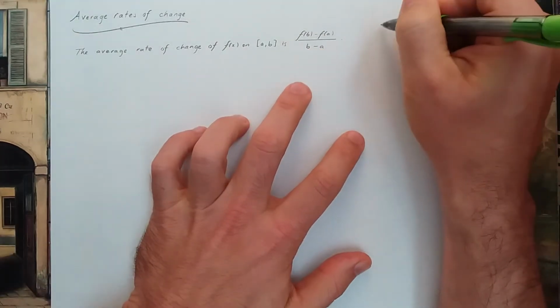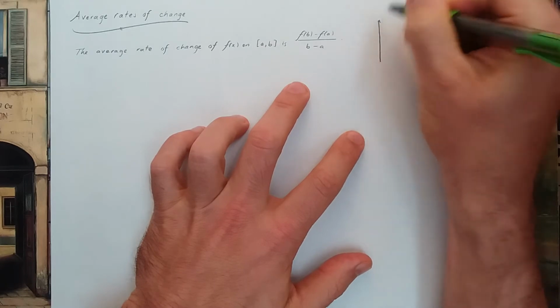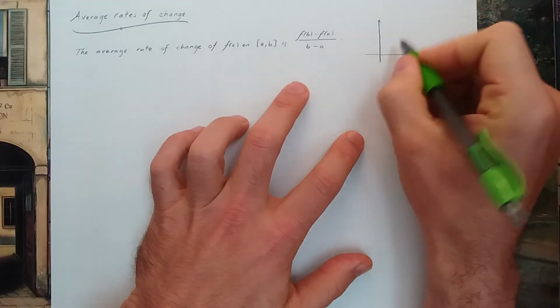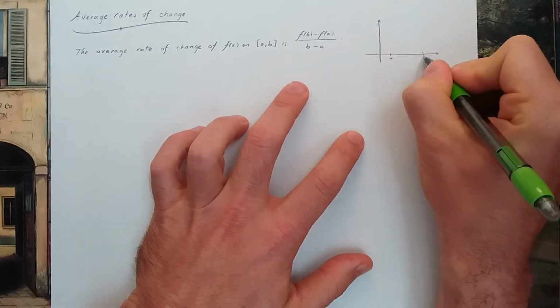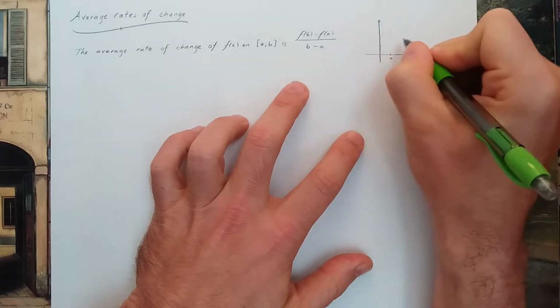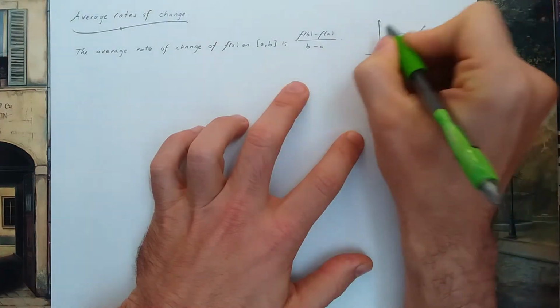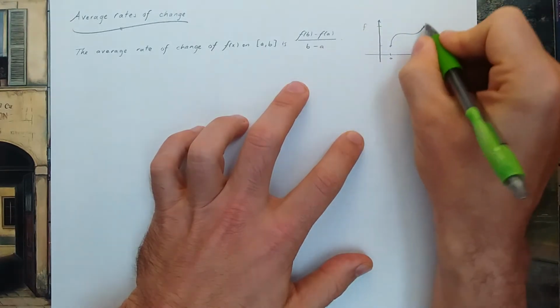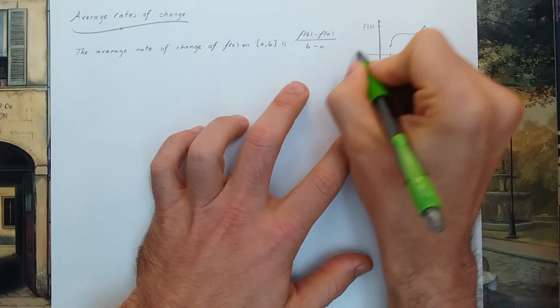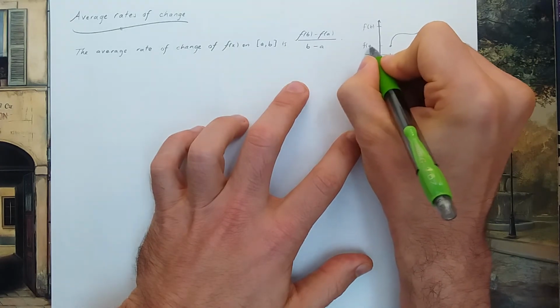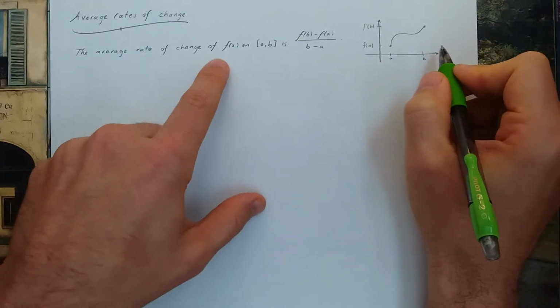So if I were to draw a graph, maybe I have a function on the interval from a to b. Maybe the graph goes like this. The height here is f of b, and the height here is f of a. The average rate of change,